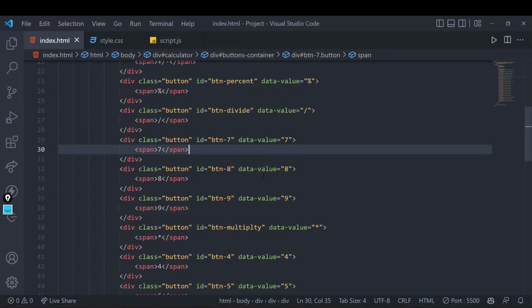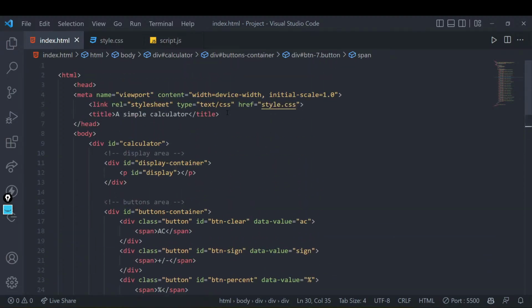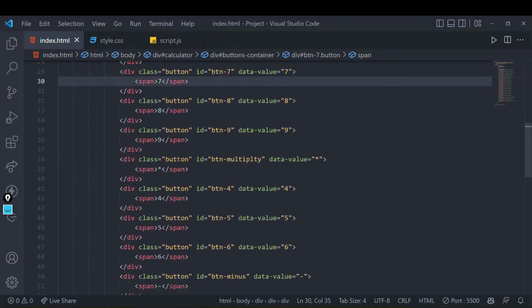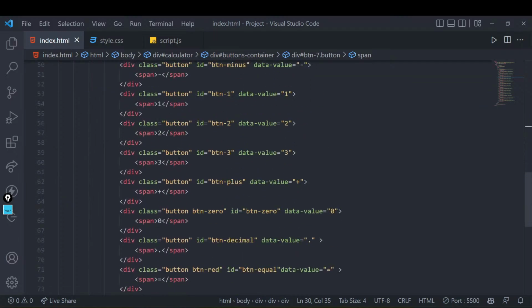Okay, Akshay is saying if this is not possible, it can be possible. Exactly, tables we can also use to give this a structure, but I generally prefer using flex boxes, right? To give this layout, because flex boxes are generally responsive and they are pretty easy to handle. That is why.